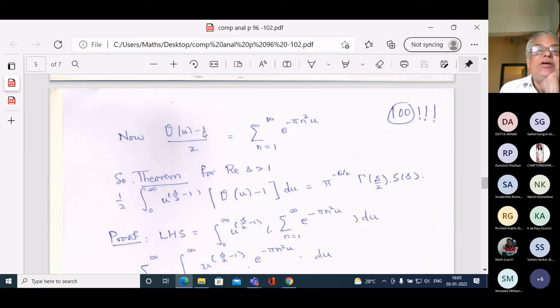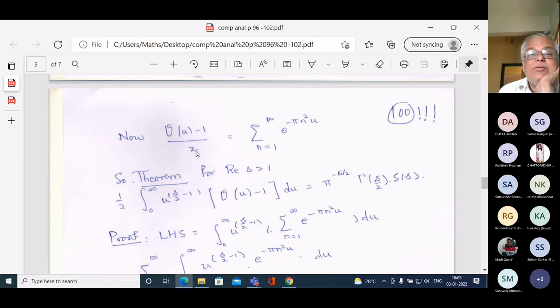Now, what is theta u minus 1 divided by 2? Theta u was a sum over all z. I'm removing the term which corresponds to n equal to 0. When you remove the term n equal to 0, you get negative integers and positive integers. But the value of the negative integers is the same as the value of the positive integers because there's an n squared there. And therefore it is twice this quantity. And therefore that 2 I'm taking over on this side.